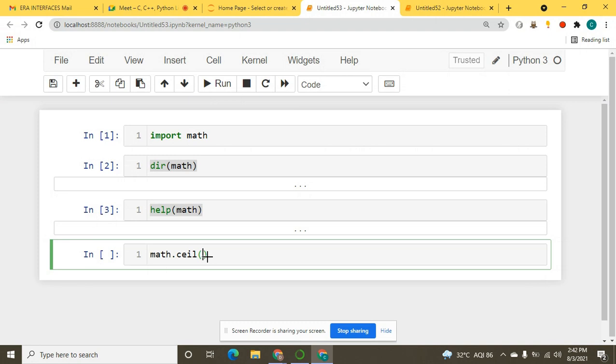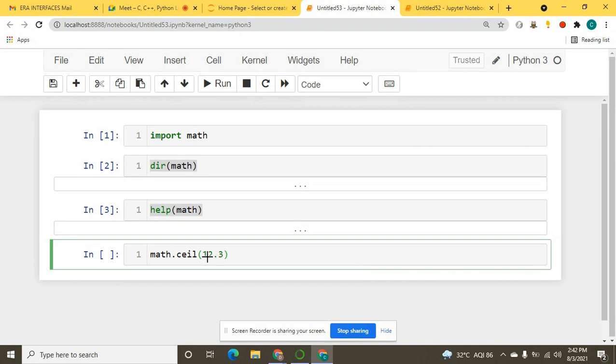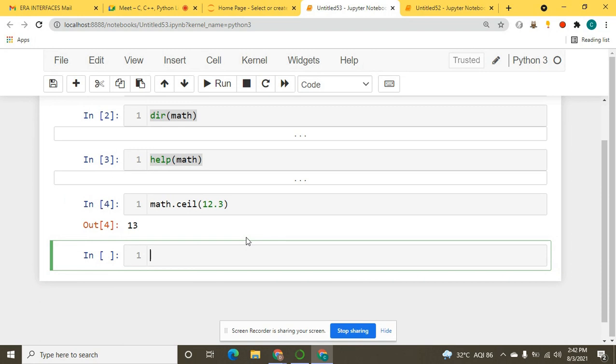Okay, so I want to pass a value here. Just see that if we take a value, I will say that I am passing a float value to this same function of this math module, right? So what value will it return to me? It will return an integer value. It will give me an output which will be an integer. But keep one thing in your mind that it will return you the integer.